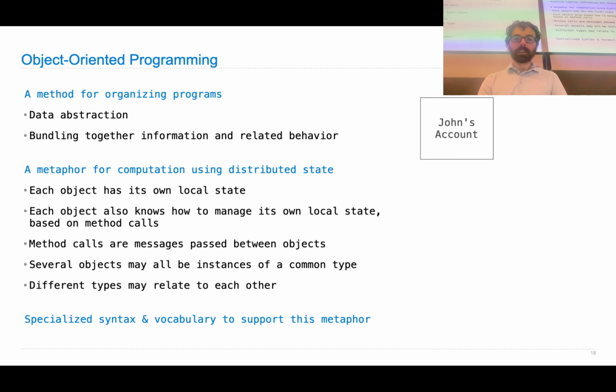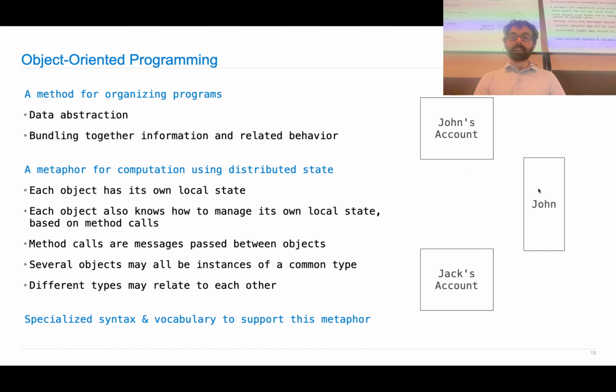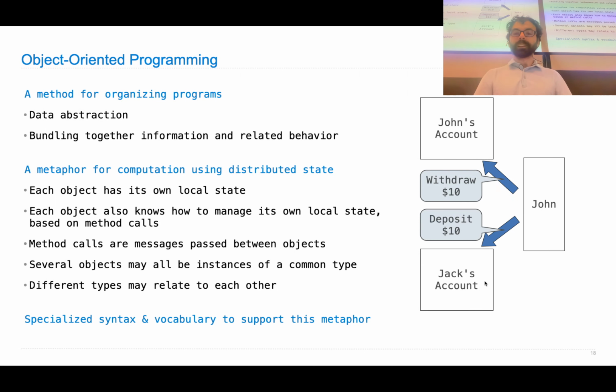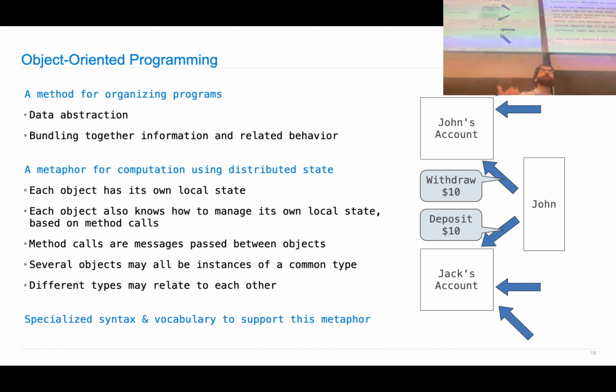Okay. So the idea is that you could have someone named John who has an account and someone who has an account who is named Jack. It may be that we want to withdraw $10 from John's account and deposit $10 in Jack's account. And so there are function calls that you can use to process this universe of things I'd like to do in the context of a larger programming system or a real-world system.